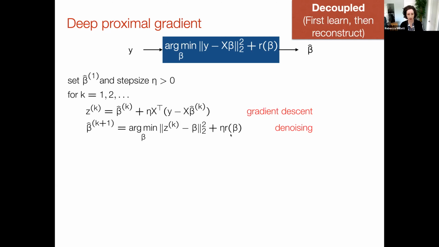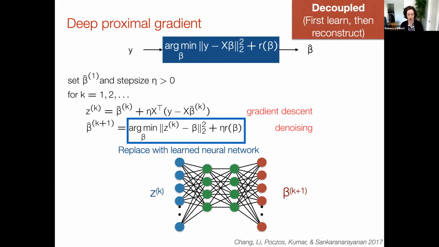And so from this perspective, we can then say, all right, well, if I don't know a regularizer, but I know that what I'm ultimately going to need to do reconstruction is to know how to use the regularizer to do denoising, then what I can do is just replace this whole denoising step with a learned neural network. Or in other words, I can train a neural network to essentially perform denoising. And once I've got a system that can do denoising, then I can plug it in to this proximal gradient algorithm for any new inverse problem X or forward model X that you might come up with.